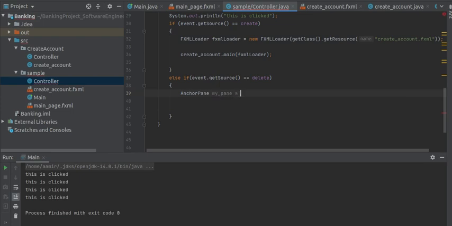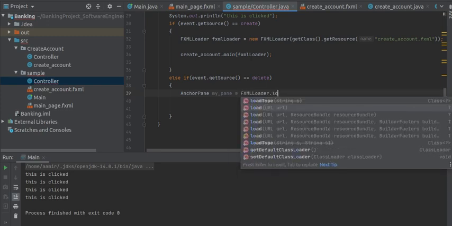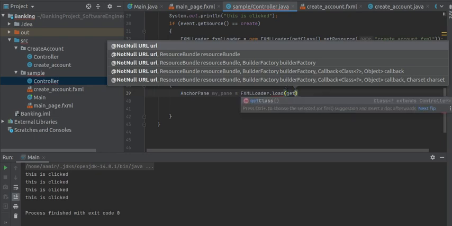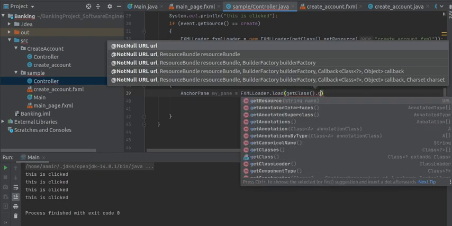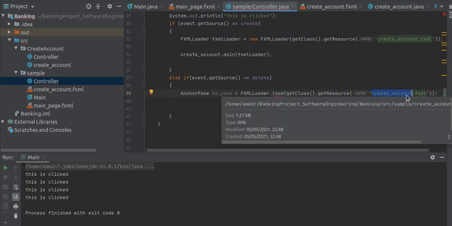Now pane is equal to whatever your name is. So my pane equals FXMLLoader.load, and getClass().getResource. Now the file is create account, the second file, so createaccount.fxml. As you can see, the parent of that file was anchor pane.